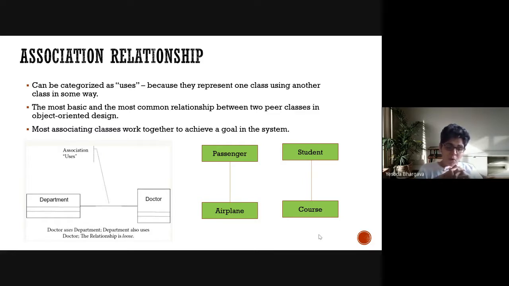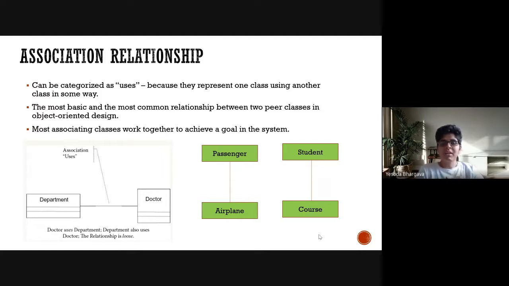Now, why that is important is because that will directly help you to implement that in the coding sense. So when you understand what association is, what aggregation is, what composition is, what inheritance is, and you understand the nature of relationship between different classes, then after the software design, when you go on to actually code your solution, you know how the different classes and entities are interacting with each other, and how that interaction needs to be shown when you actually come to the coding aspect of your software projects.